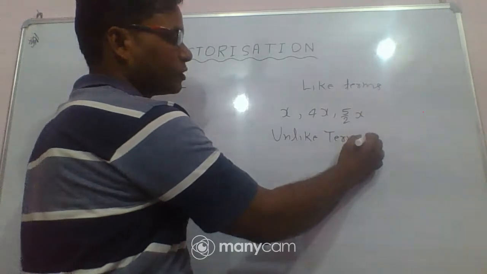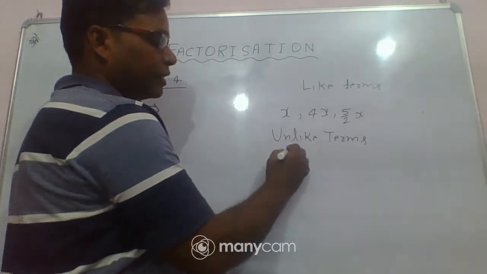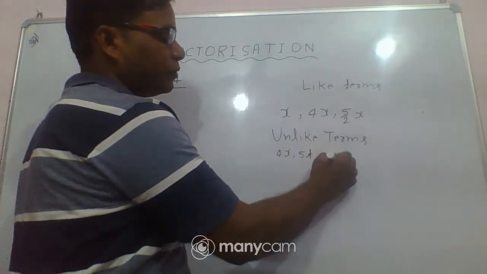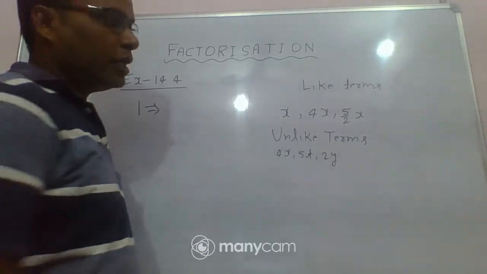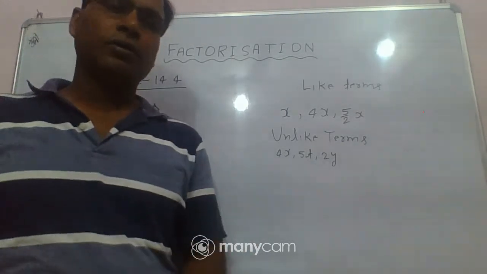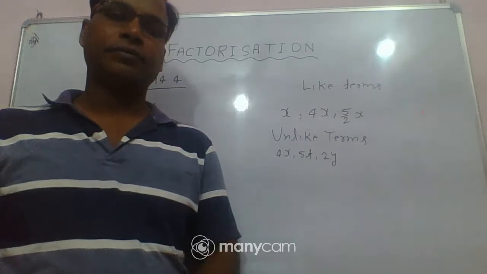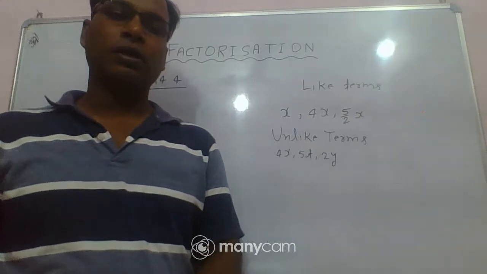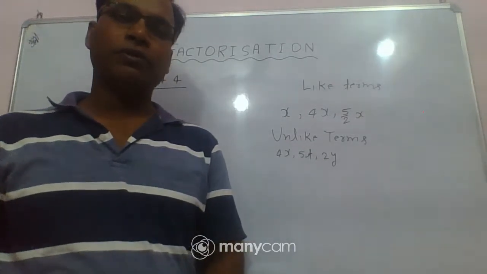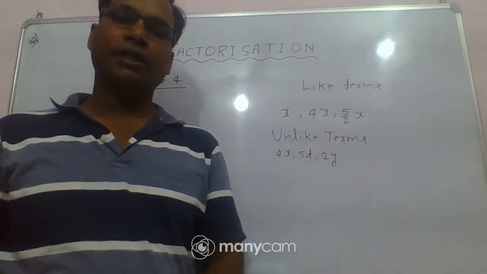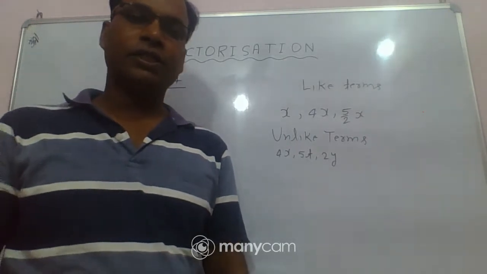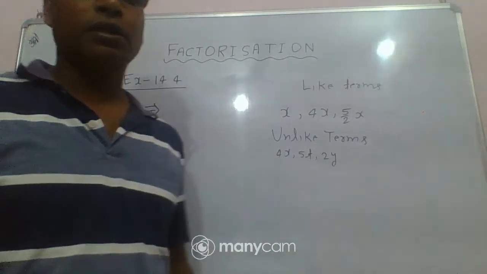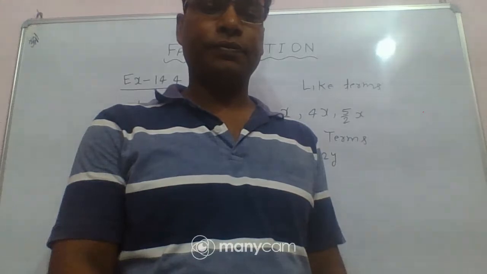And unlike terms: 4x, 5t, 2y. These are the unlike terms. So subtraction and addition are possible only with like terms. I hope all of you understood what are like terms and what are unlike terms. So let's see what